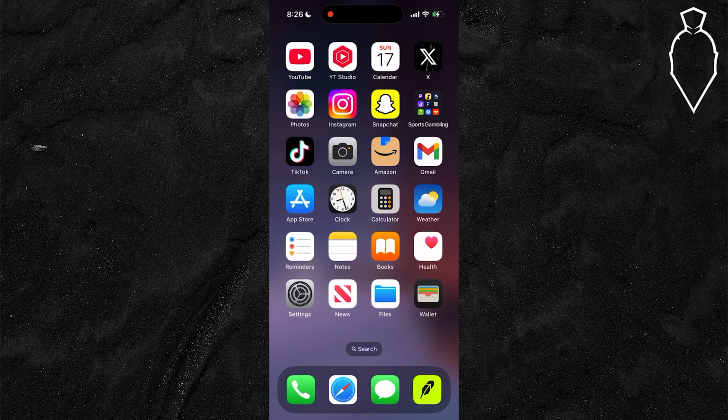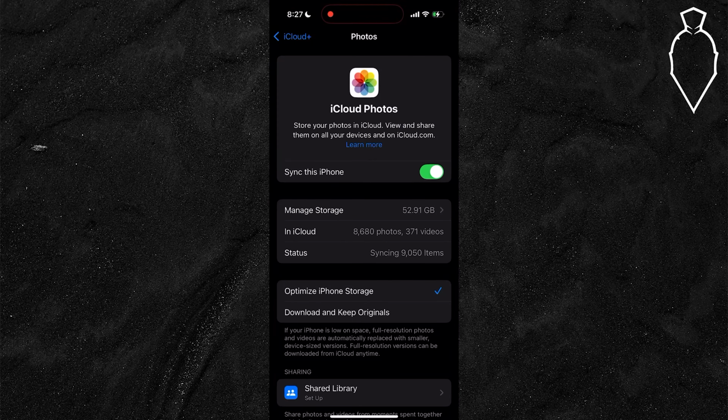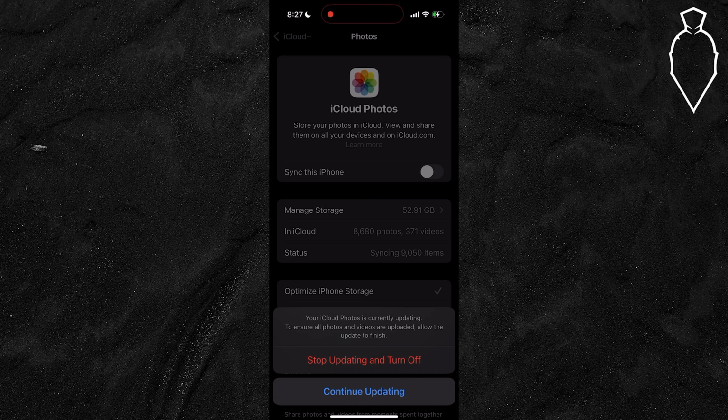Then you'll see this iCloud option for photos. Go ahead and select the Photos button here, and it's going to pull this up. From here, you're going to have the option for iCloud Photos to be synced up. Simply turn this off just like so, and then confirm one more time by clicking stop updating